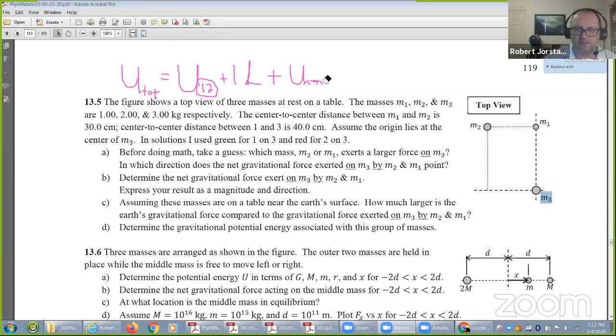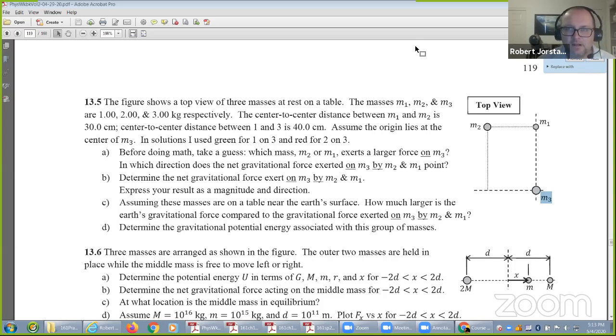In this case, we had 3. So I started off with, I had 2, and then went 1, and then I run out. Okay, so that's how you figure out the total potential energy. Let's go look at the formula and see if I did anything clever there or worth noting. And then I'll get to the chat in just a minute. Trey's on it if not. Okay, so let's take a look at,